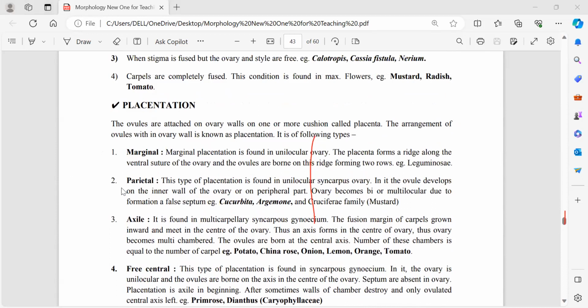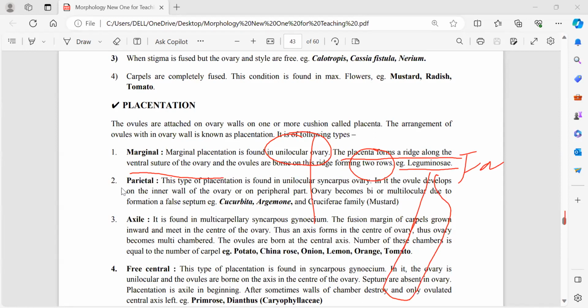Marginal placentation is found in an ovary which has one locule, that is, a unilocular ovary, the ovary which has only one chamber. And the placenta forms a ridge along the ventral suture of the ovary, and the ovules are borne on this ridge, forming two rows. For example, in Leguminosae, the Fabaceae family, like peas and beans,